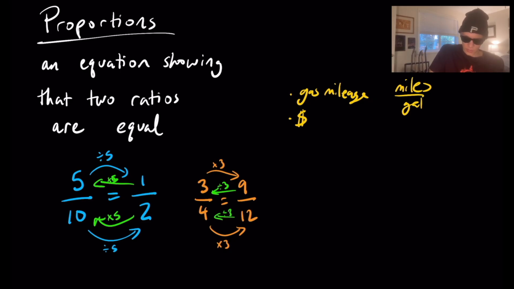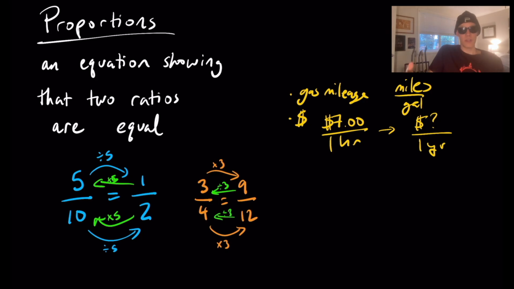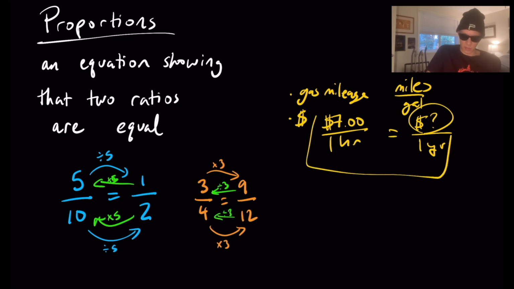How much, how many, if you're making $7 per hour, per 1 hour, and you wanted to figure out, well, how much money is that going to be per 1 year, right? You can use proportions. You would be able to set these two fractions up equal to each other. And in the next video, I'll show you one of two methods for solving for an unknown in a proportion